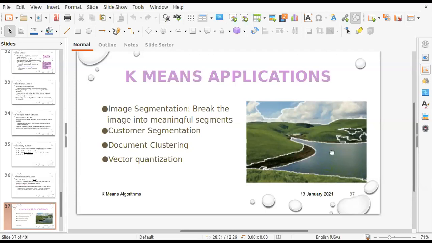So for example, the color is blue, and maybe we can look at the property like how they are connected to the surrounding pixels. So basically every pixel has surrounding pixels with some properties which we consider here. Similarly, we can use it here, and the result of this clustering will be like this. So image segmentation can be carried out using clusters.